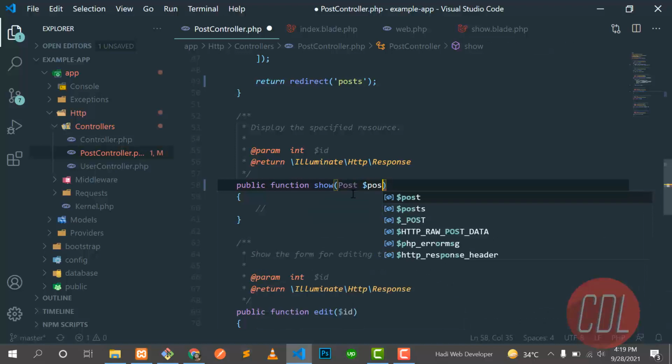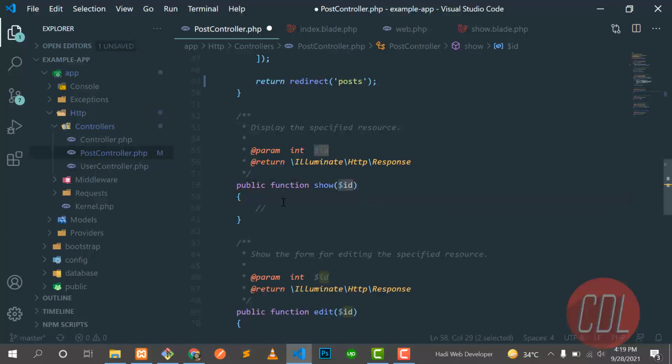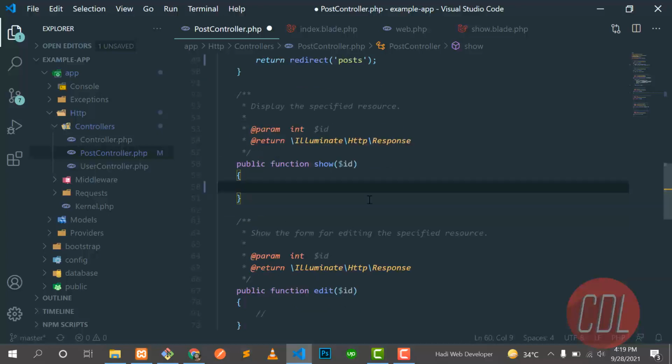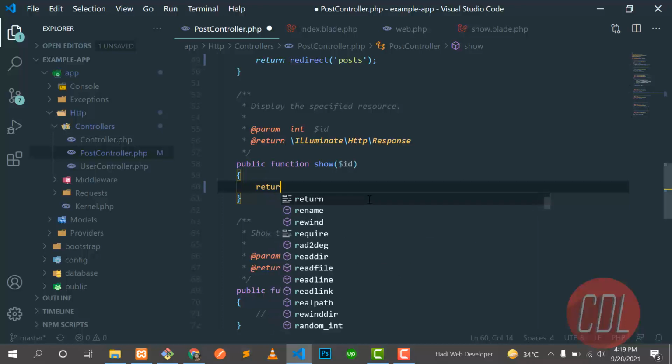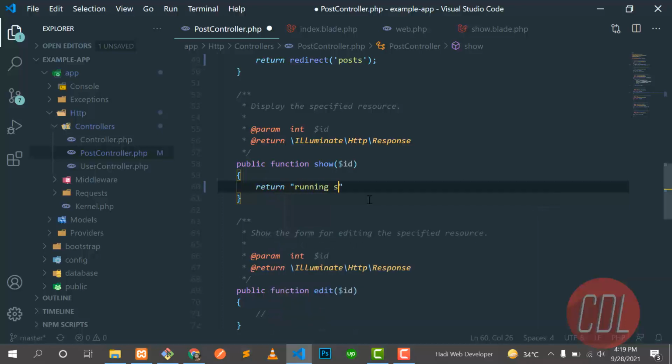So we don't need to perform other operations like fetching the id. But first I will implement this using the id, and then I will implement it with route model binding after completing this controller series. So return something, like running show, so it will display this string on the web page.